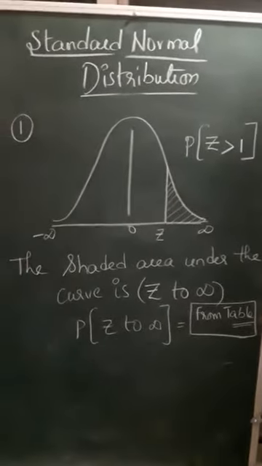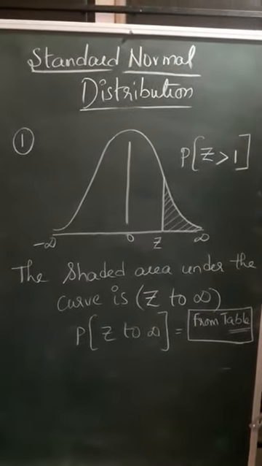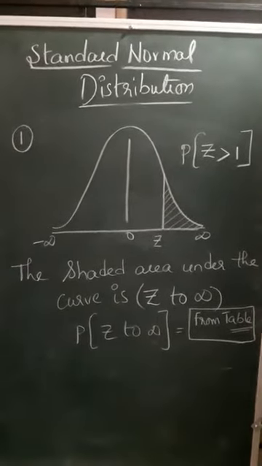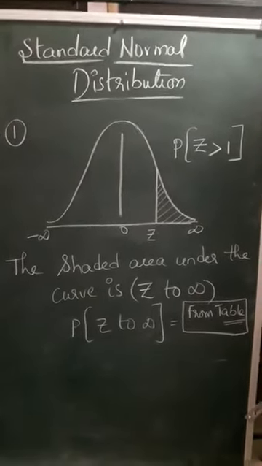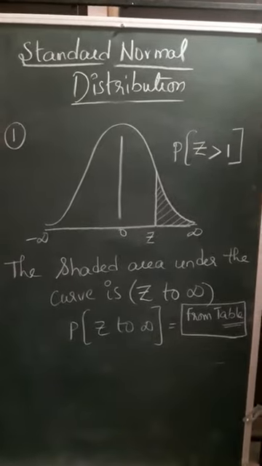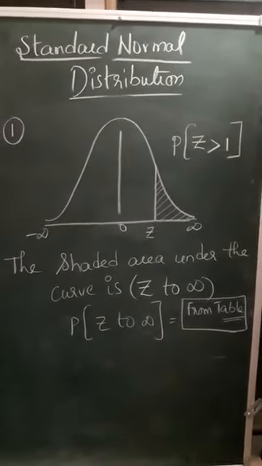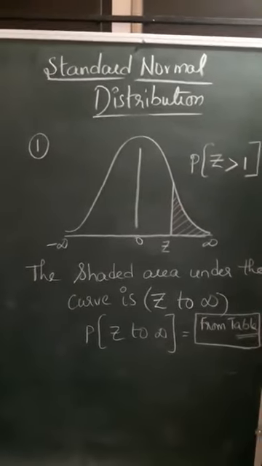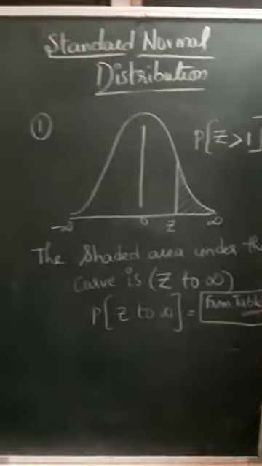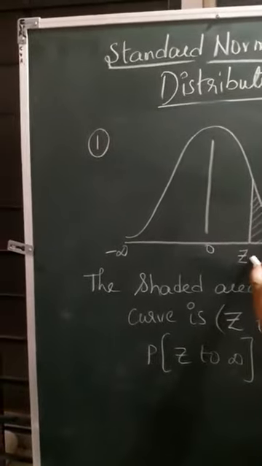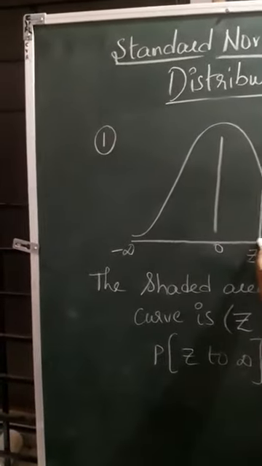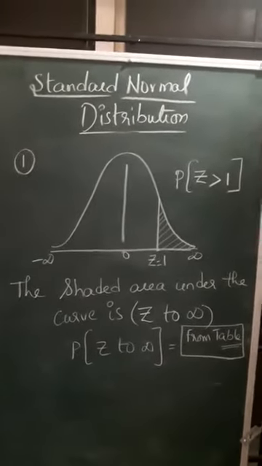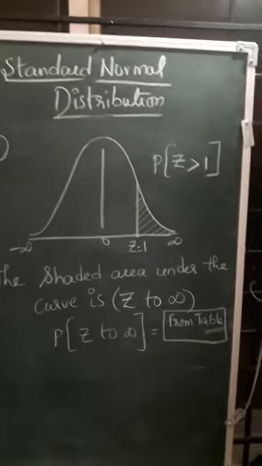Generally, look there, adjacent to the normal curve on the right side, I have written one thing: P of z greater than 1. Now z value 1 we have got, and it's a greater than, z value greater than 1. First of all, plot that z value. Where we have to plot that z value? This is 1, right? Now greater than 1 means from 1 to infinity, shade that region.